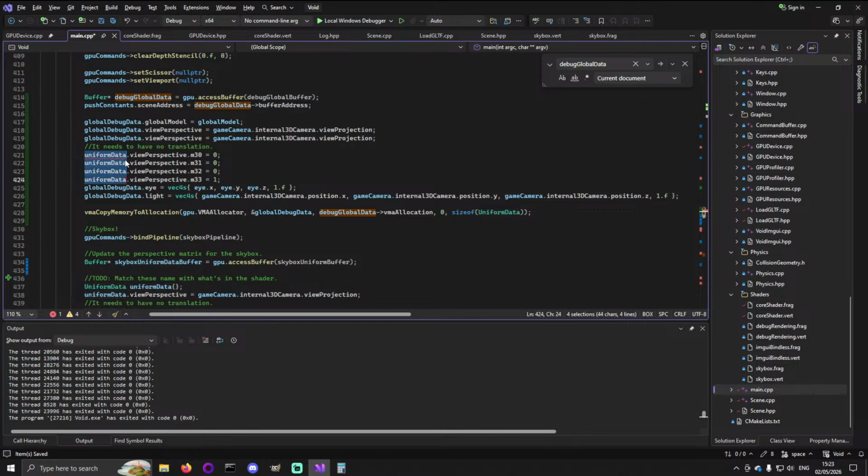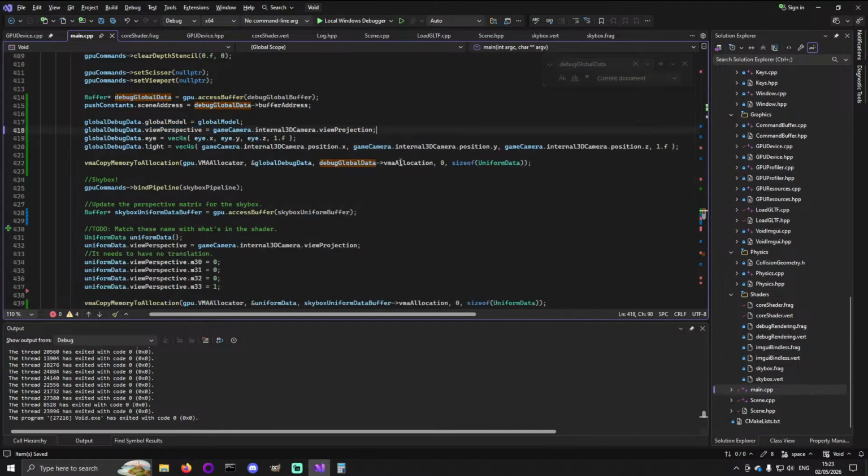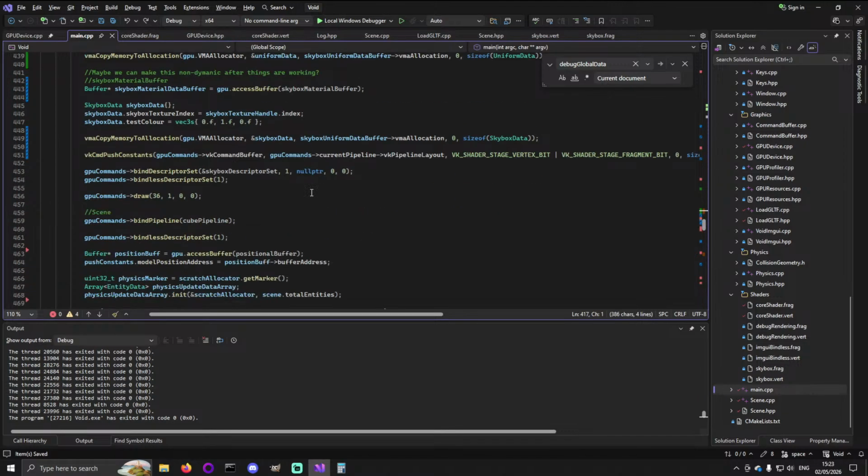Remove all this. This is so we don't translate anything. Oh, hang on. We actually have different data here, which is interesting. I think that's fine. How do we get around this? How do I